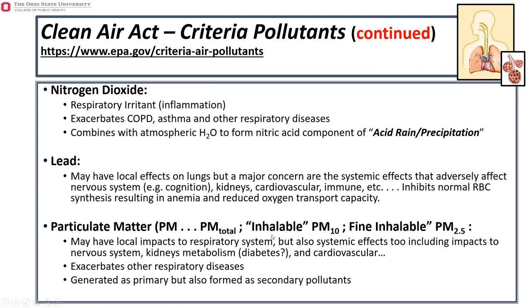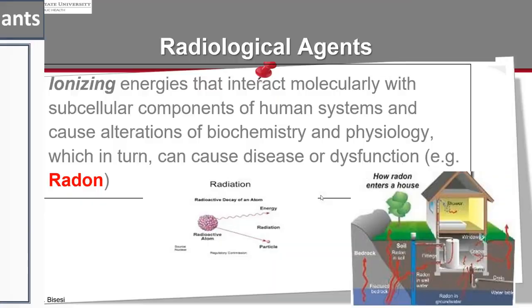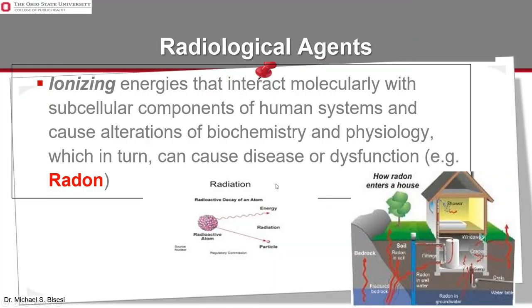And then shifting down here, as I've already alluded to, particulate matter, the ones of major concern are those less than 10 microns, so we'd say PM10 or PM2.5, even more so because it's even smaller and can go deeper into the respiratory system. The subscript 2.5 means that component of the particulate matter has an equivalent diameter of 2.5 micrometers. It's a little more involved than that, but in general.